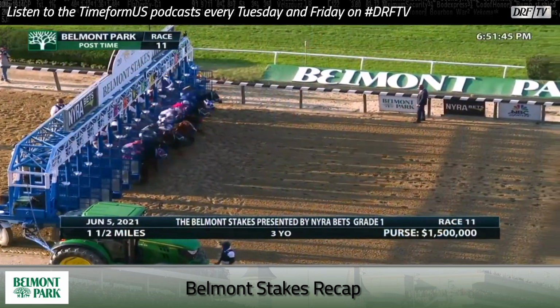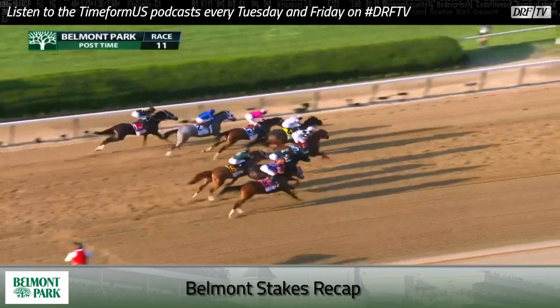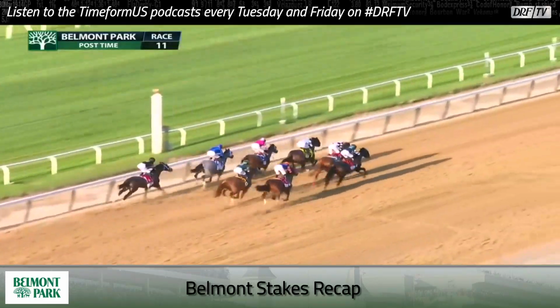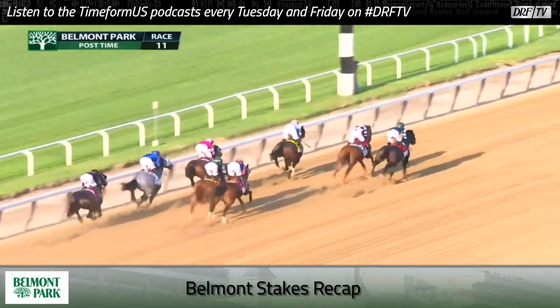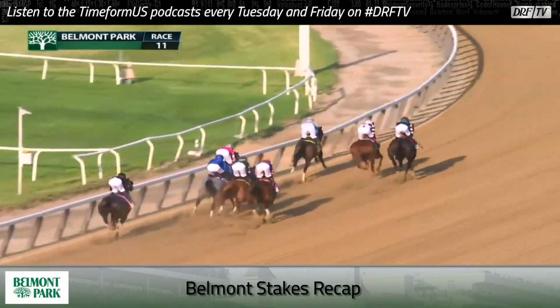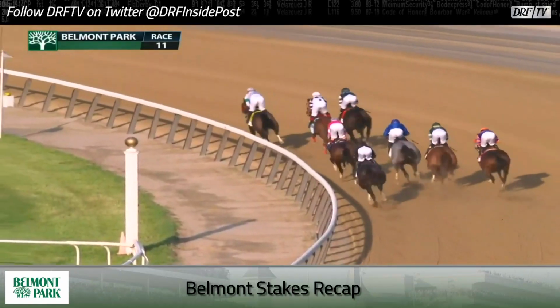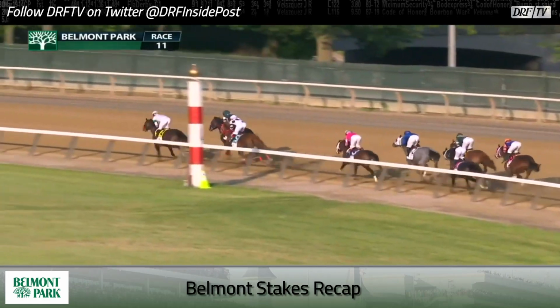Keep an eye on Hot Rod Charlie, the Louisiana Derby winner, breaking from post position 4, hustled out of there by Flavien Prat to get position. He is quicker, somewhat surprisingly, Mike, than Rock Your World, the winner of the Santa Anita Derby in gate-to-wire fashion. Yeah, this is a great ride from Prat here. He obviously had a plan coming out of the gate that he wanted this horse on the lead, made sure that he got it. And you can see now as they go around the first turn, he's basically gotten control